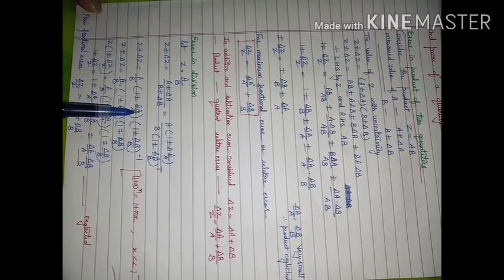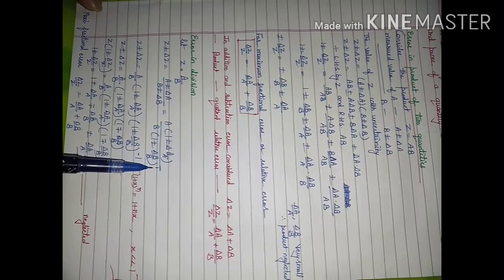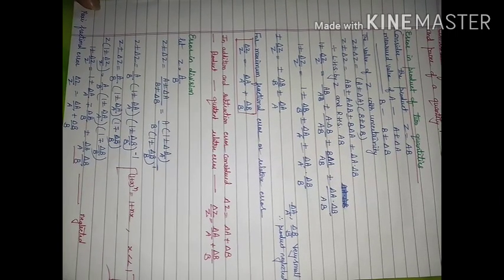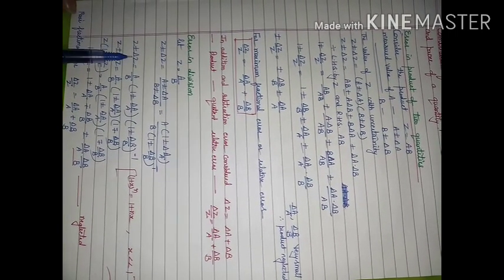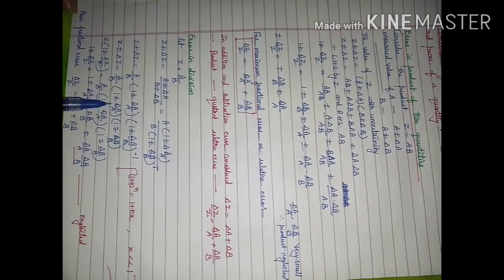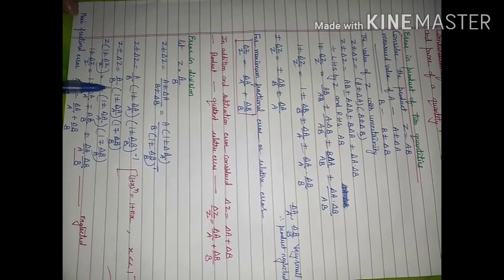1 plus minus delta A upon A. When it will go in numerator, this power will come with negative sign. So 1 plus minus delta B upon B raised to power minus 1. This is Z plus minus delta Z is equal to A upon B, 1 plus minus delta A upon A within bracket. So till here no problem.